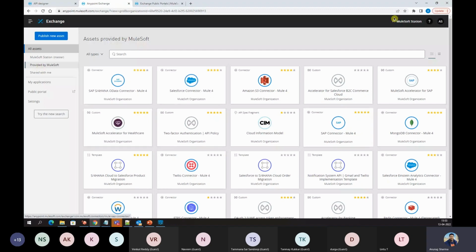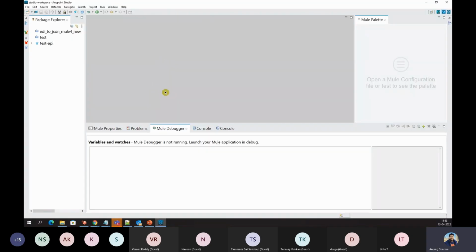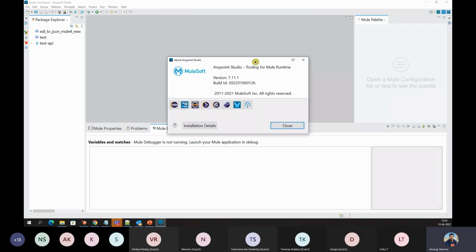Let's now move to Anypoint Studio. I open Anypoint Studio. First, we will connect our Anypoint Studio to our Anypoint platform, and I will tell you what steps you need to follow for that. This is the Anypoint Studio workspace, and there are options like File, Edit, Source, Refactor, Navigate, Search, Project, Run, Window, Help. If you click on Help, Anypoint Studio, it will show you all about Anypoint Studio,